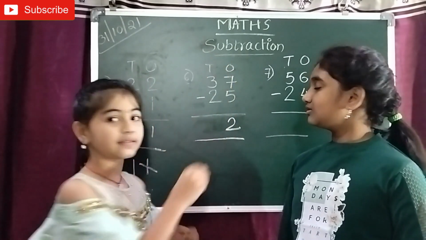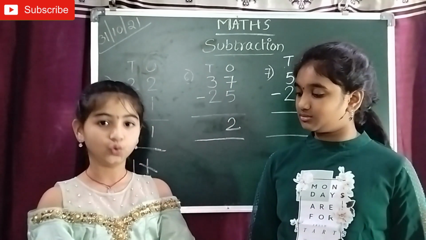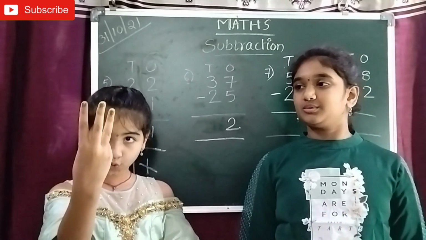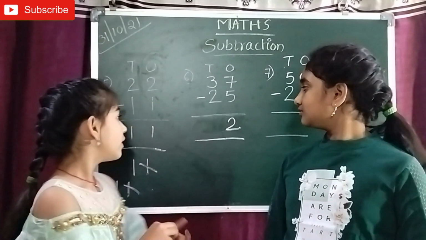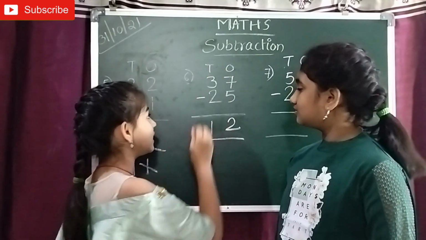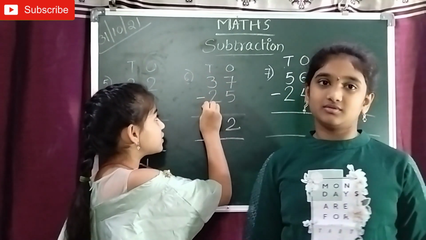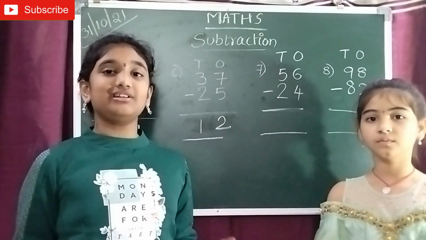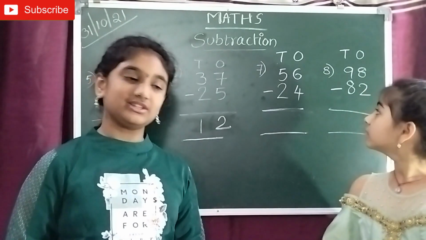In the 10's place there is 3 minus 2. 3 fingers up. 2 means we should remove 2. 1, 2. We should write 1 in the 10's place. 37 minus 25 equals 12. So now let's move on to the seventh example. The seventh example is